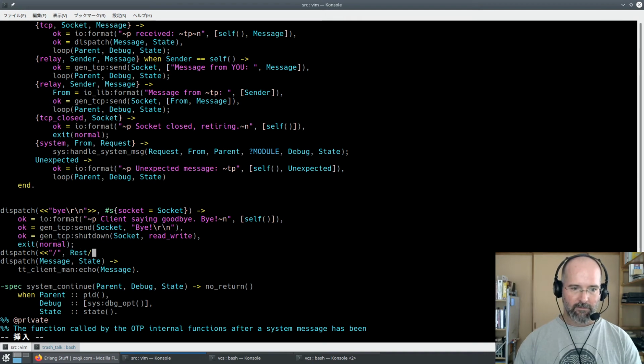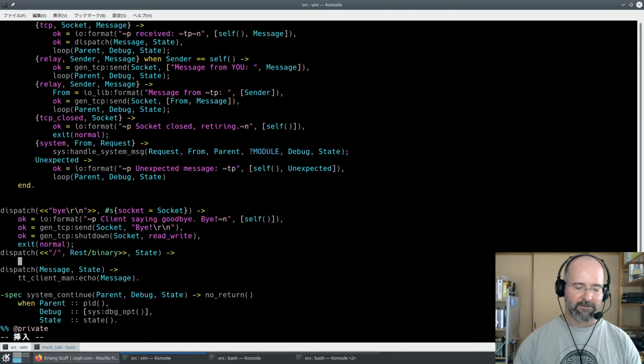And then rest. We don't need that yet. We'll just close that up this way. Now, rest would be, in this case, a command of some sort, right? This is how we would start implementing